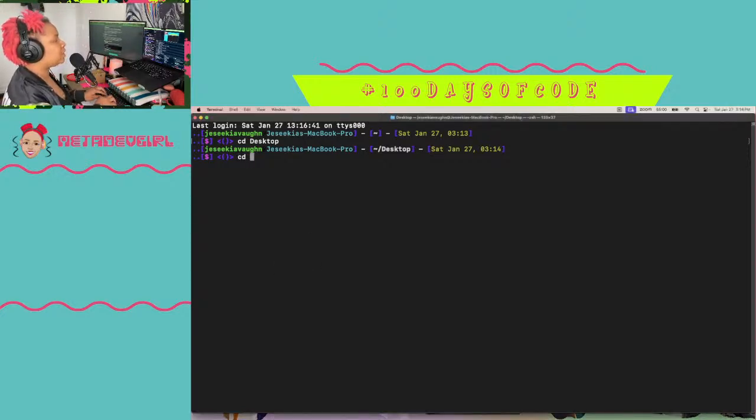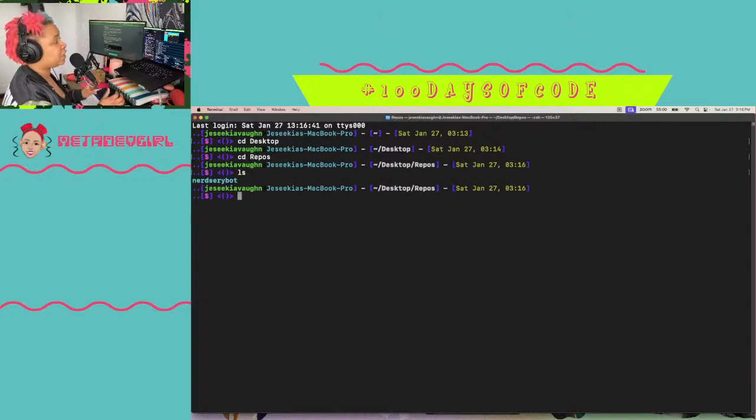So we are going to cd into my repos folder. This is where I keep all my projects. It doesn't have anything really in here right now because this computer is still relatively new, so I haven't really transferred any of my projects from my old computer over. I have those on the external drive right now. So that's why there's hardly anything in this folder except the chatbot code.